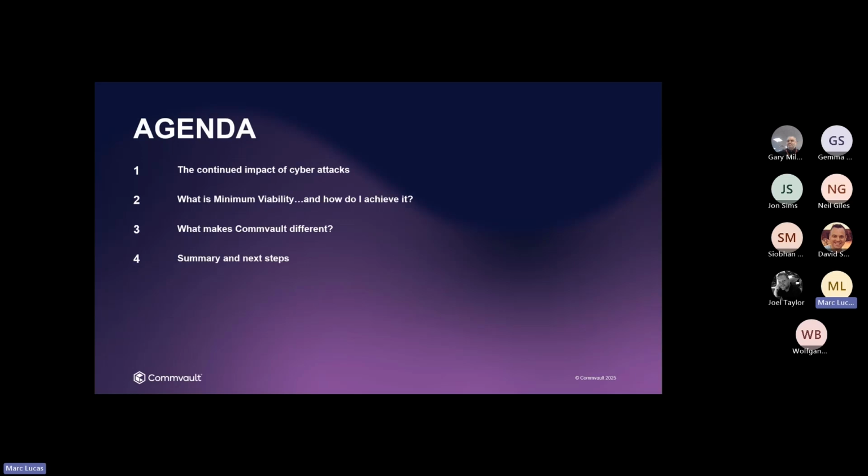And then just to wrap things up, summary and next steps as well, and giving you an idea about what the other webinars are going to be as part of this Webinar Wednesday series. So hopefully that agenda sounds good to everybody. And as David said, any questions that you have, pop them in the chat. David's going to keep an eye on that. And if there's any questions, we'll either save them to the end or we will answer them when they're relevant.